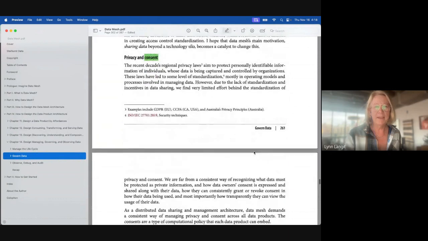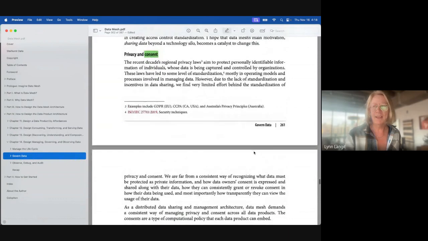Yet another one for me. I guess it's very health-centered when I read this, but that's really just my bias. I was on a call today where we were talking about consent of patient data to be opted in for studies for cancer treatment, basically. So as it's saying here, and as we've been discussing, and it lists down at the bottom GDPR, CCPA, Australia, privacy, this is a whole job area.